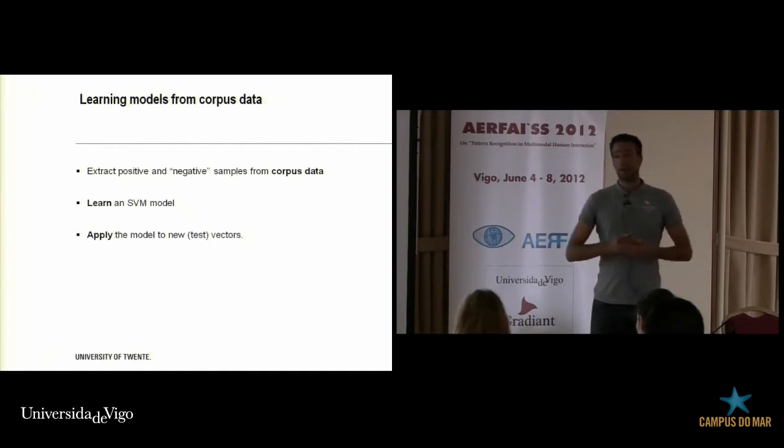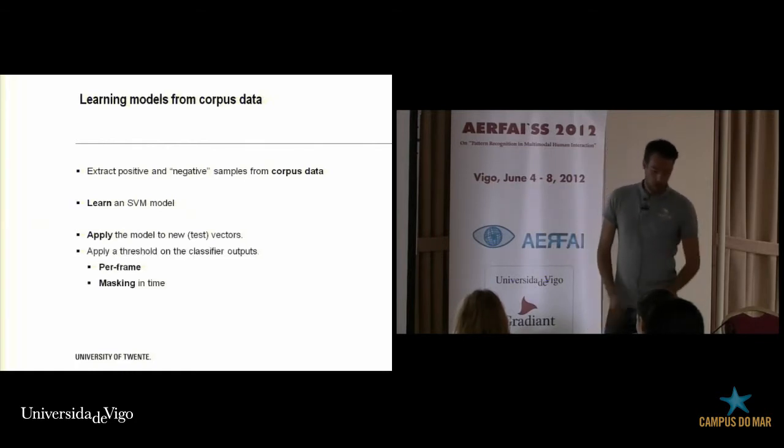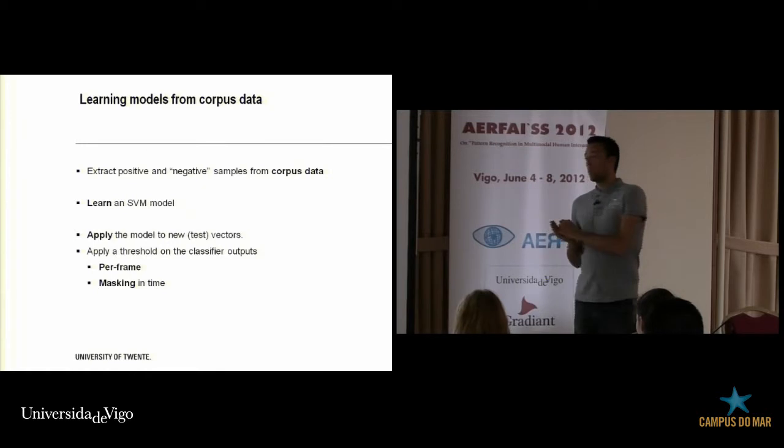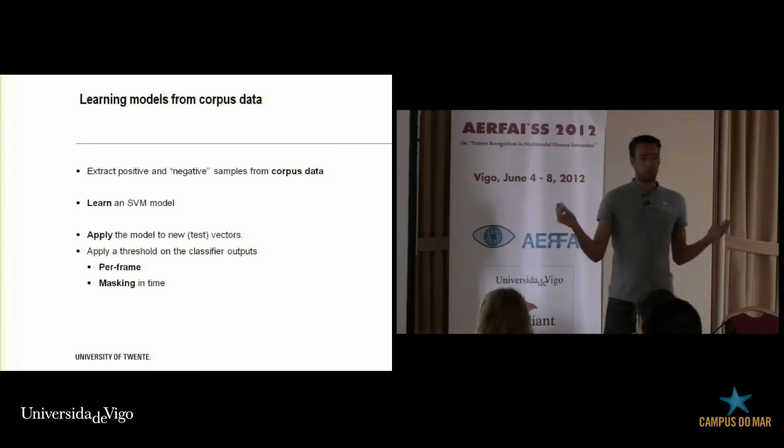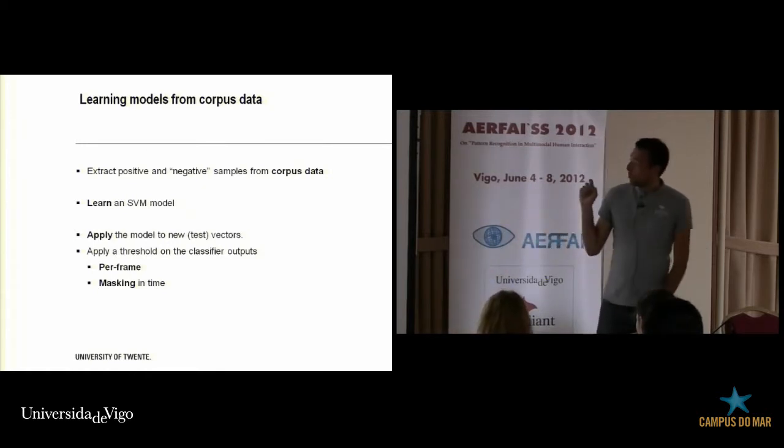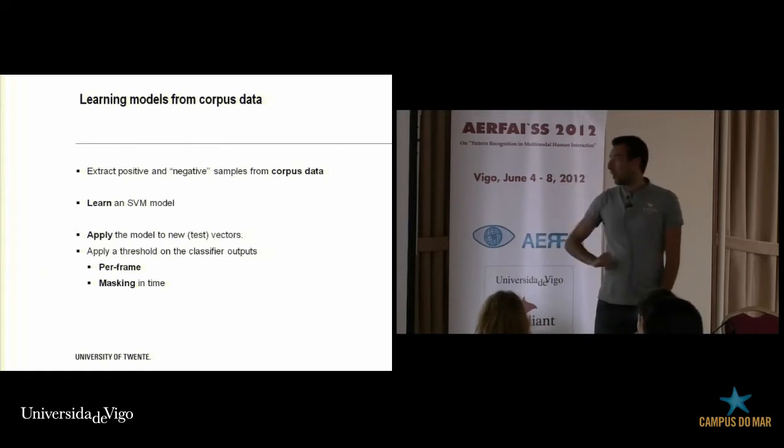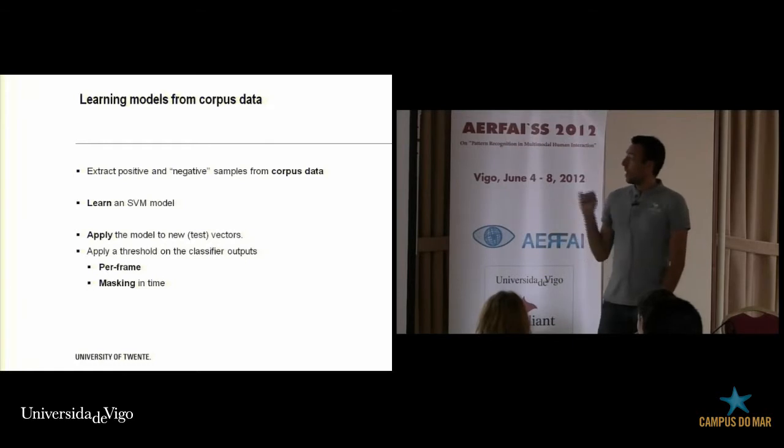Finally, we apply the SVM to new test vectors. We take another sequence of a speaker, calculate the features, and at each time moment we apply the SVM and get a score out of it. We put a threshold on the score because we don't want all the samples to be important, so we do a per-frame score, and all the ones that fire we think are interesting, and then we mask in time. So we have a rule